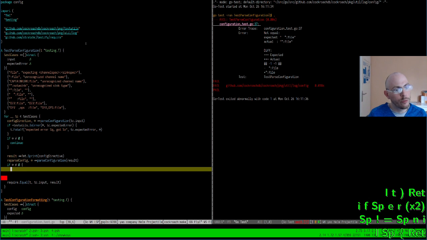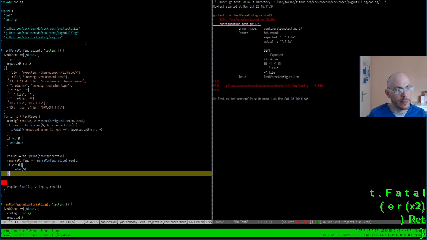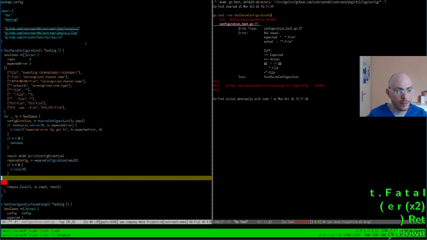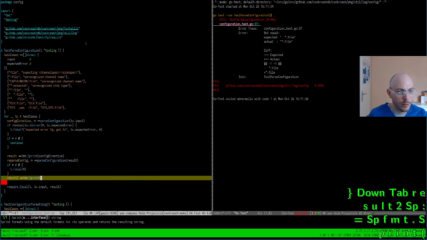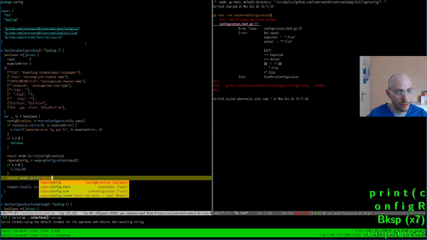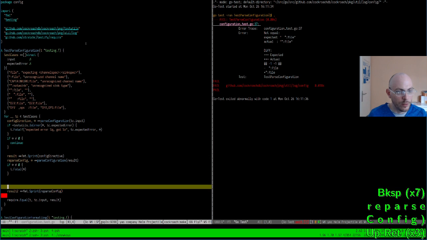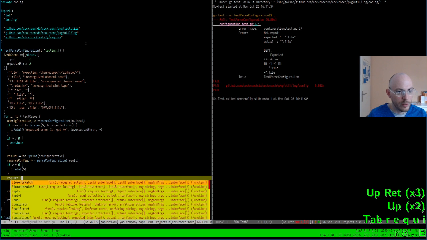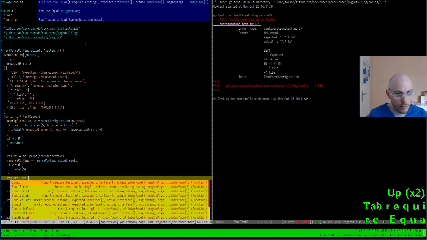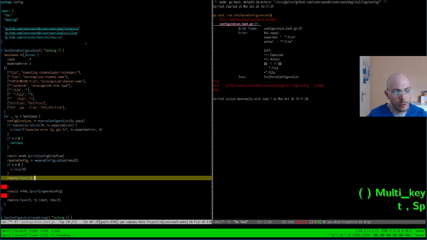The second time around, we definitely do not expect an error. And then we're going to print out the result. And then we are going to say require.equal, or equal values. What is the difference between equal values and equal? I don't remember. T parse config results.